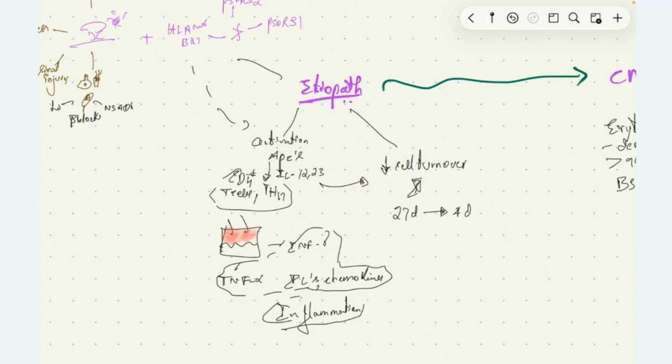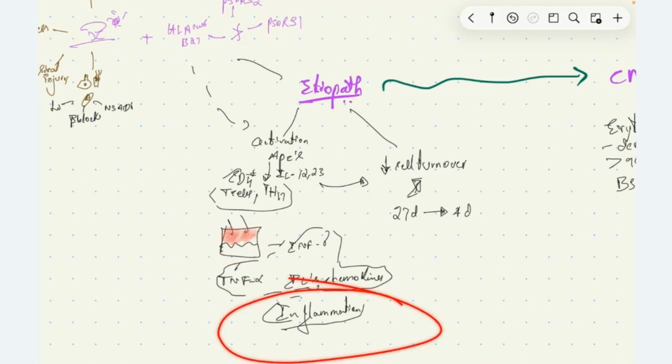These antigen presenting cells will release interleukin 12 and 23 to stimulate the CD4 plus T cells and T helper cells 17. So these cells will accumulate in the epidermis and the dermis, and they cause inflammatory response. During inflammatory response, they release inflammatory mediators like TNF alpha, interferon gamma, other interleukins, chemokines, and this causes chronic inflammation